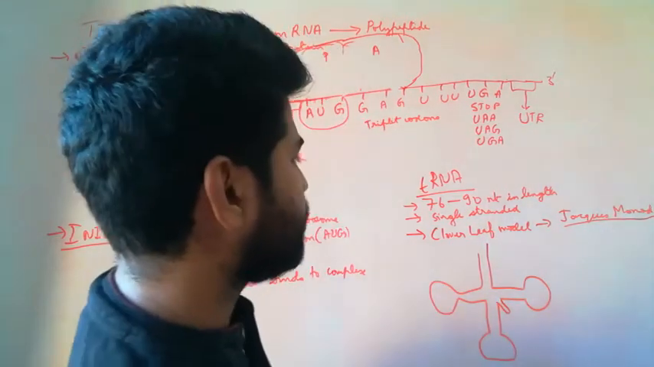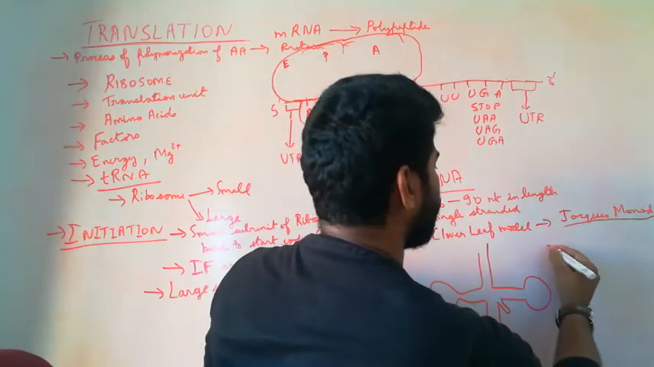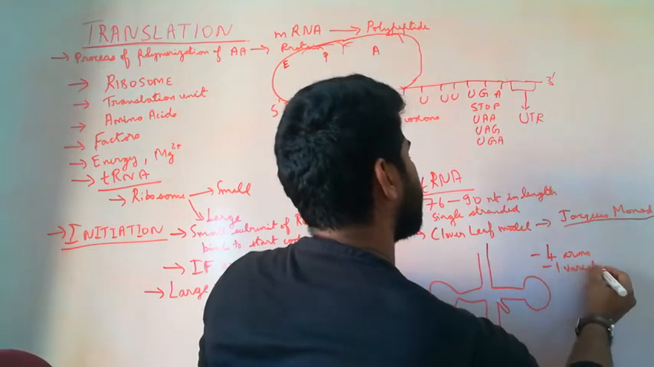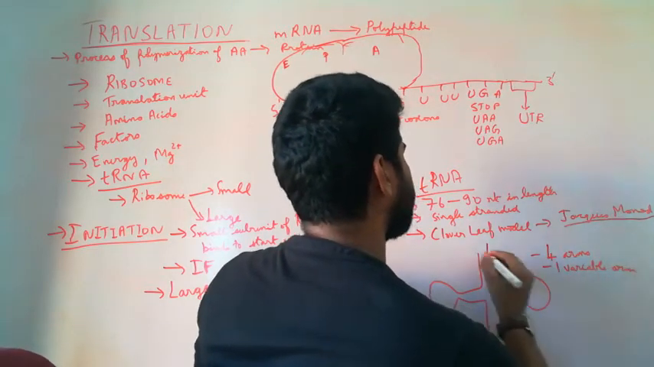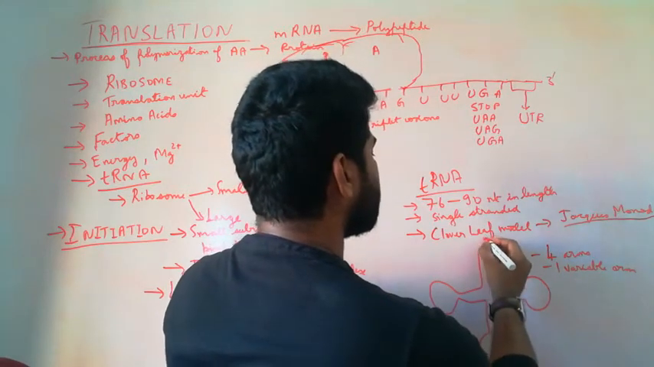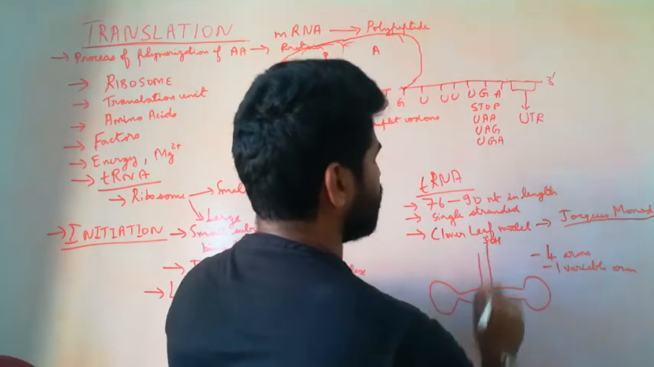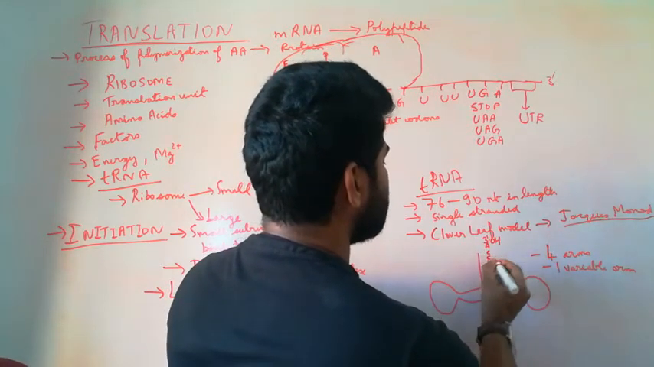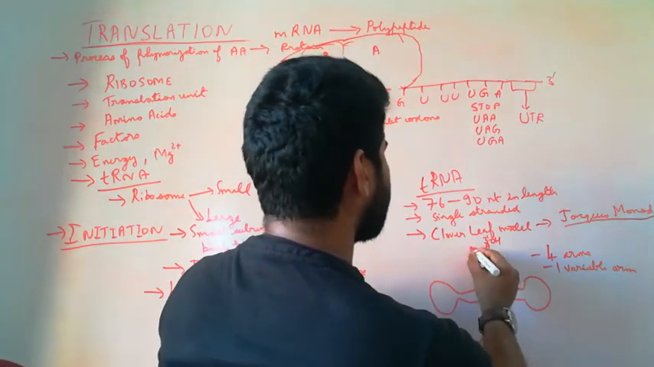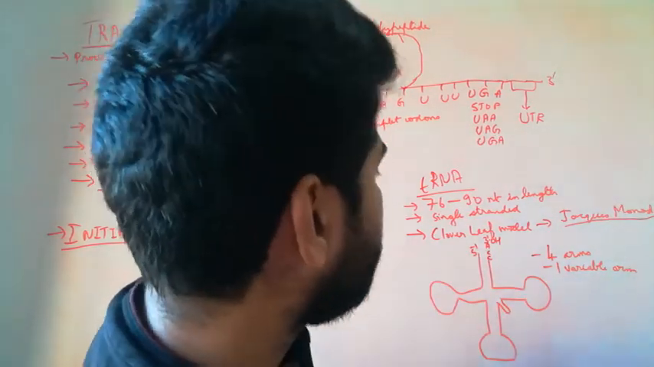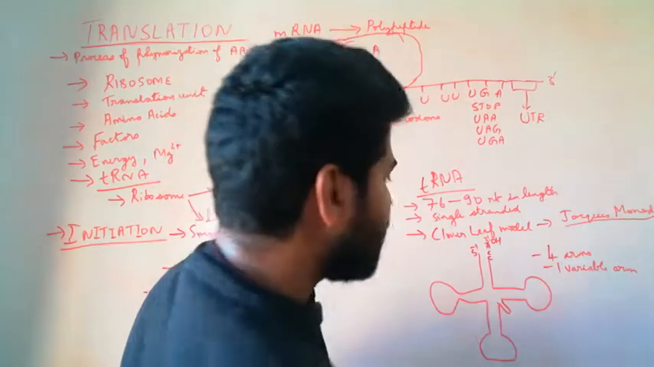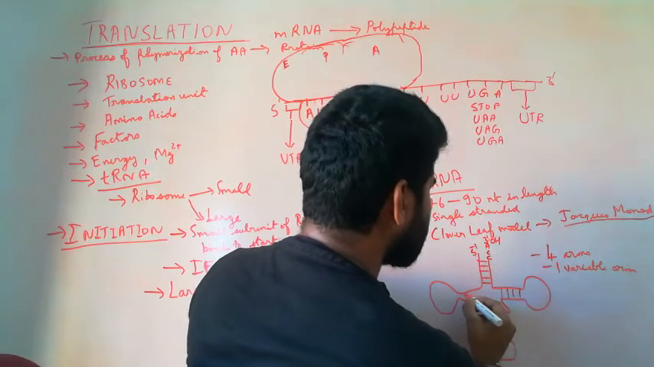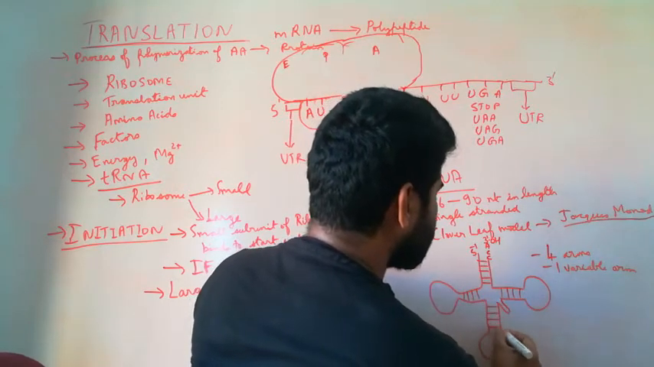It has a total of 4 arms or stems, and one is a variable arm. At one end we have the 3' OH group, which carries the amino acid. So let us say this is the amino acid, and at another end we have the free 5' end. So this is coiled in such a way that the stems are base paired to each other, forming a strand,